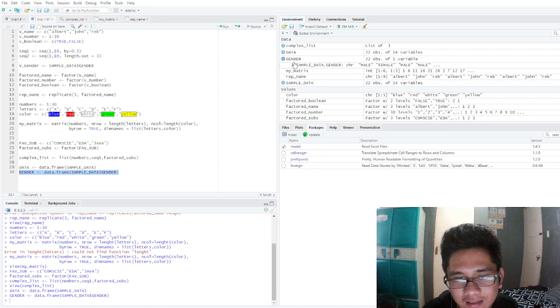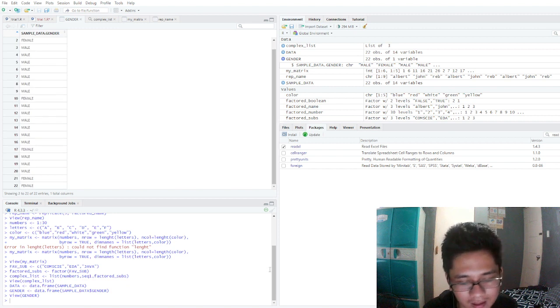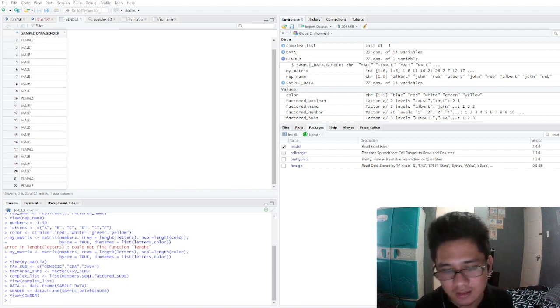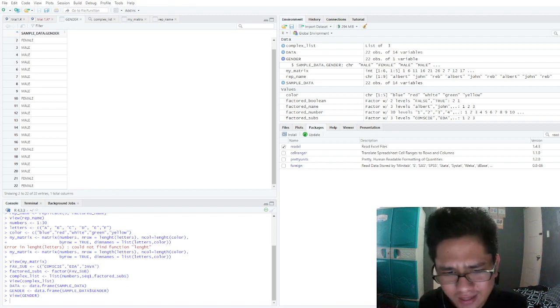We created a data frame here. As you can see, it's 22 rows. We just extract the data frame like that. And so that's the first video of this review. It's about the types of data structures we're going to deal with when using RStudio. So that's all. It's a no edit video, so I don't care, bro.